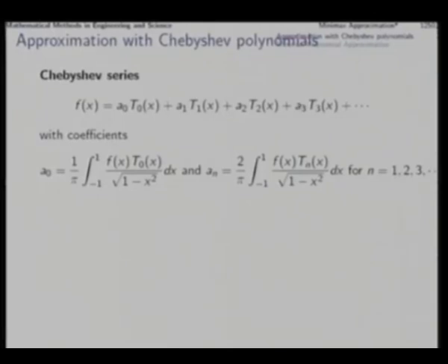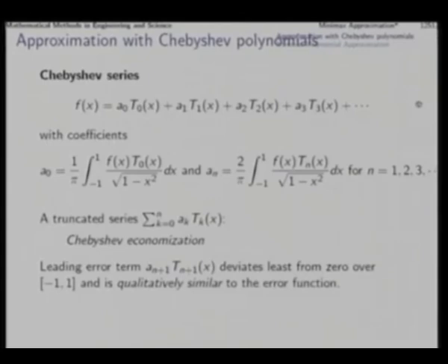That is how to construct the generalized Fourier coefficients for this Chebyshev series. These are the Chebyshev coefficients for which we have these expressions. Now, typically we would not be able to construct this infinite series. So, we typically try to represent a function with a truncated series only up to a finite